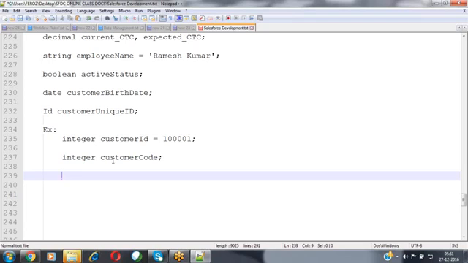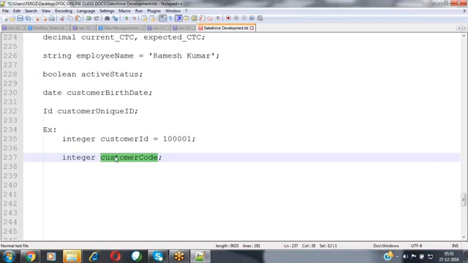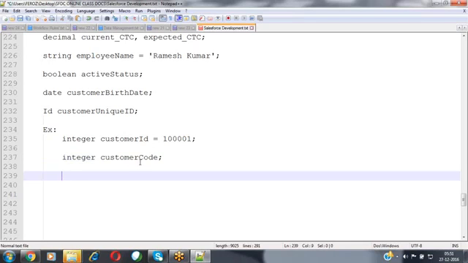Based on that syntactical rule, I have defined that variable integer customer code. In this case, what will happen here? What is the default value that will be assigned by Salesforce for this particular variable customer code?